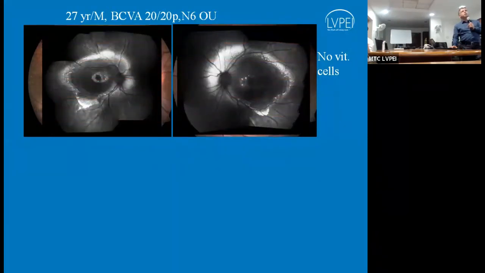As I said before, before going for any other test, I usually do a quick non-invasive test, and we can see brightly hyperautofluorescent material along the arcades and the posterior pole. So it is a vital clue. Probably we are dealing with some form of bestrophinopathy, but Best disease usually has a different morphology.